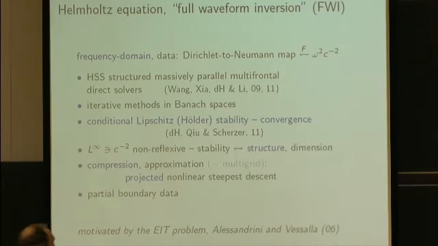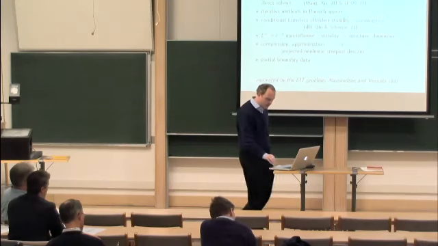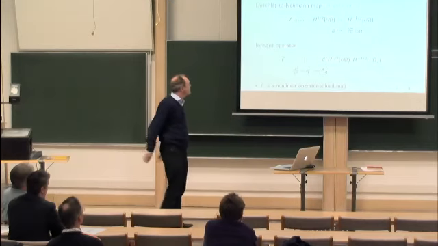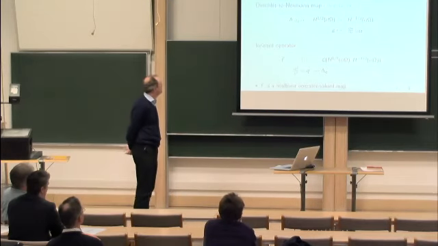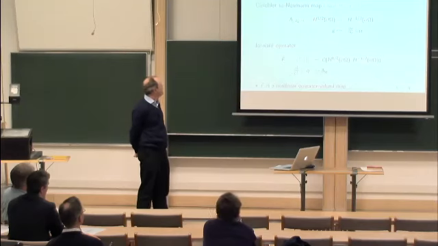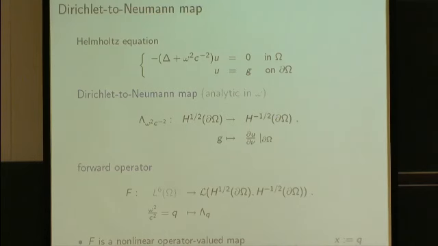And so, of course, by no means can I go into all the details. We're going to highlight a few elements of how you can, in principle, build such a theory. So this is the Dirichlet-Neumann map. We translate the seismic problem into a boundary value problem. You have the Helmholtz equation. For now, 1 over c squared is L infinity. And we apply a boundary function, g, on the boundary. And then we measure the normal derivative, the trace of the normal derivative on the boundary. That's the Dirichlet-Neumann map, which is analytic in frequency, which we will not exploit here.